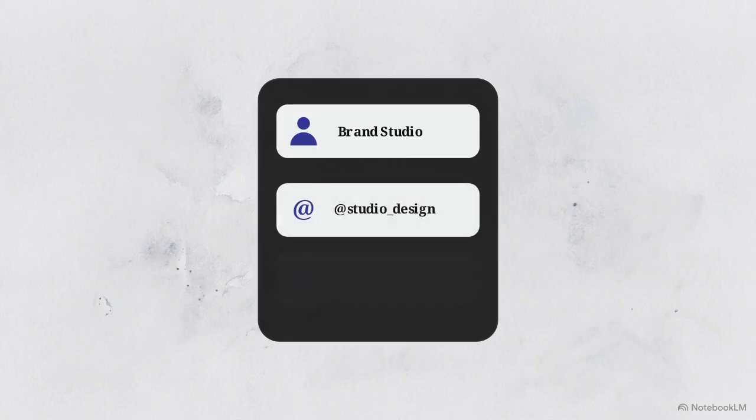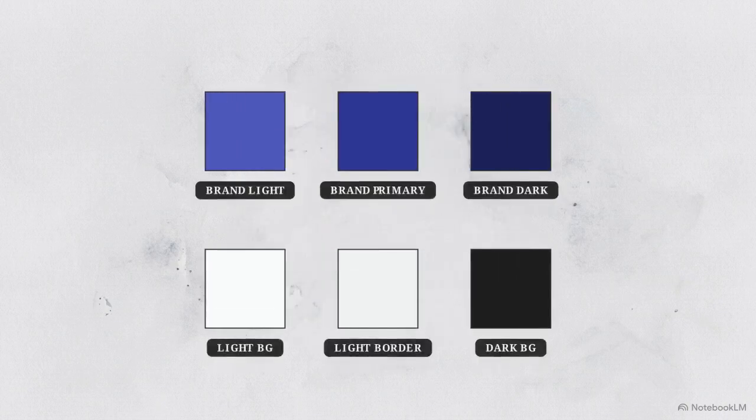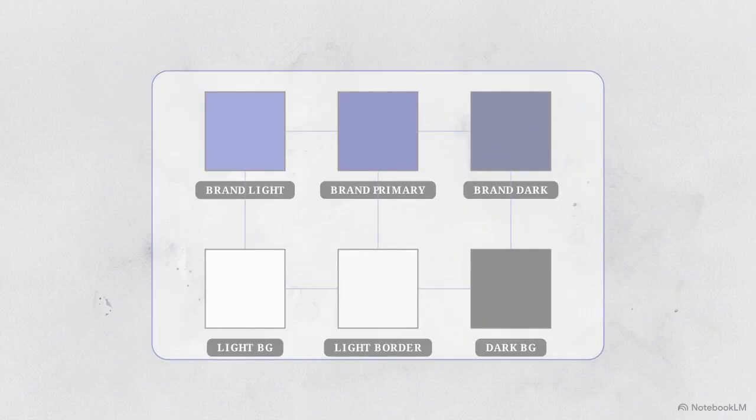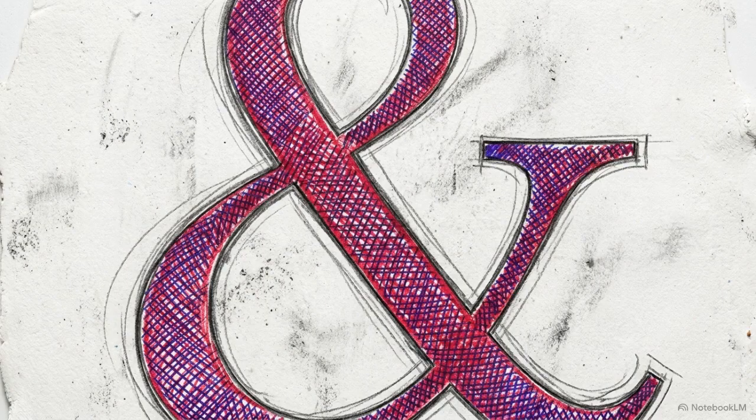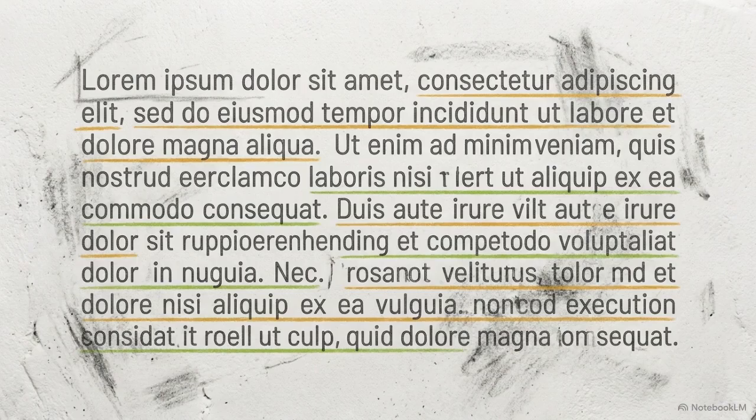Our Instagram carousel system operates on minimal inputs: just your brand name, handle, and a single primary color. From that one primary hex code, the system calculates a 6-token palette, generating the light, dark, and accent shades to keep the design unified. We pair that palette with a strict typography rule. We map a premium editorial serif font for the headings and anchor it with a highly readable sans serif font